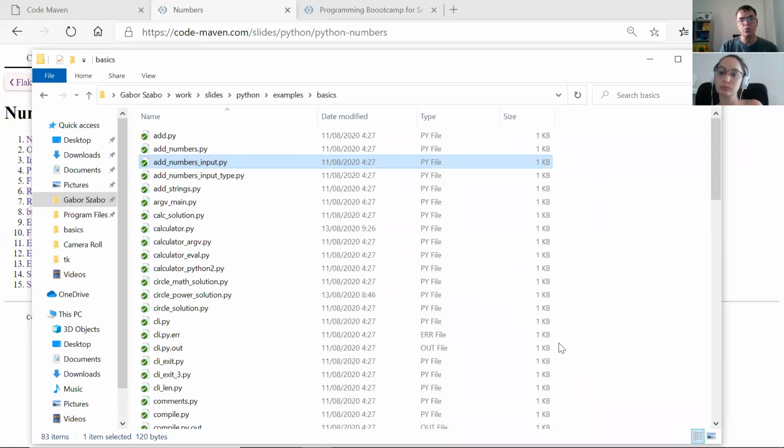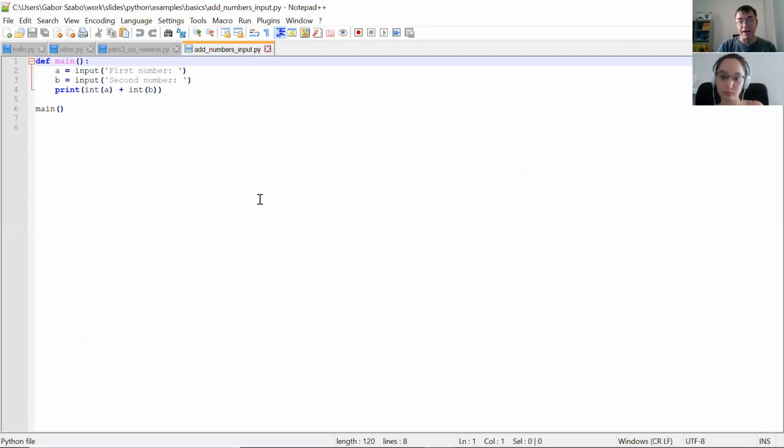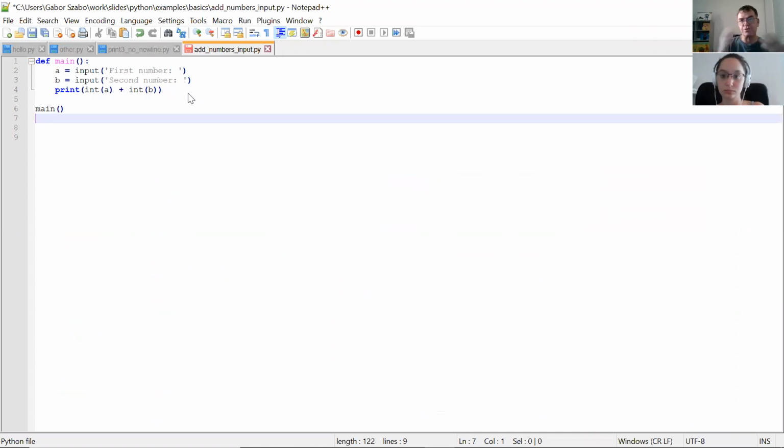So what can you do to stop Windows from closing that window? I think basically nothing, not with Windows. The only thing that you could do, and now I won't be able to show it because the association doesn't work for me, is edit the file, and it's per file, so you will have to do it for each file. And then when the program ends, let's say after the main or whatever, you put in input and